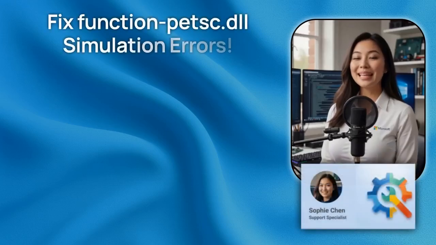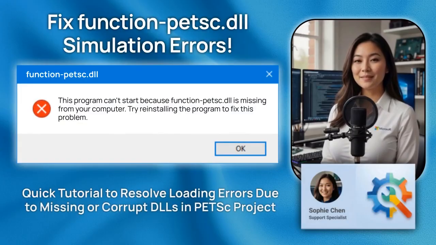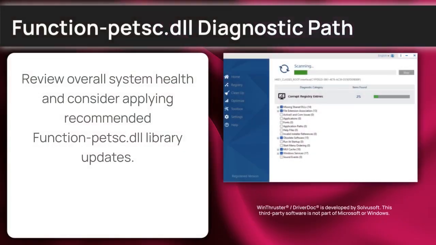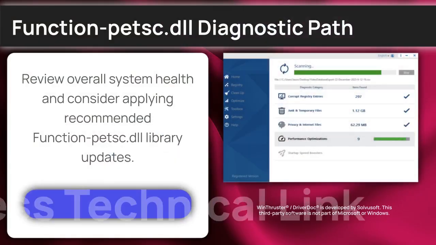Frustrated with the function PETSc Library DLL pop-up blocking your PETSc project? I'm Sophie Chen, a Windows support engineer, and I'll walk you through the diagnostic repair to get things running smoothly again. To start our guide for function PETSc Library, you can follow the manual steps or use the suggested tool